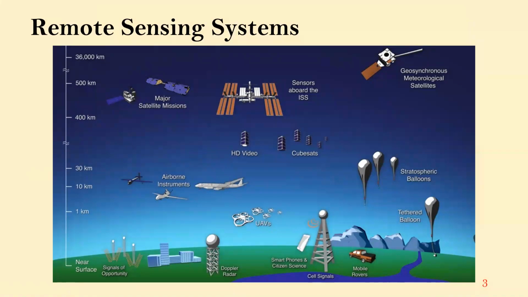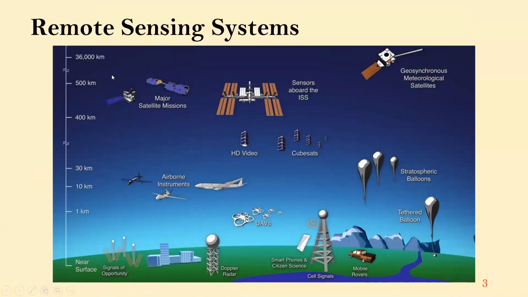Suborbital remote sensing systems include aircraft and stratospheric balloons mounted with cameras that collect or take pictures or photographs of Earth features. That is utilized for mapping these Earth features. And the recent developments in CubeSats, otherwise known as Dove satellites, are continuously orbiting around Earth and collecting information about Earth features.